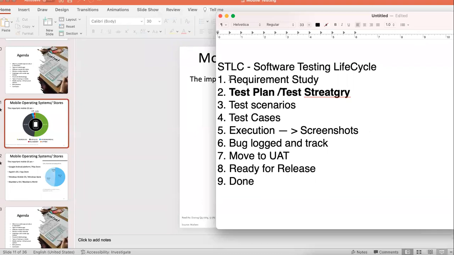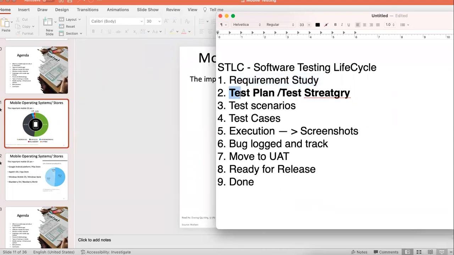So explaining all of these, right? Like requirement study, what will you do if you studied the requirements and you don't understand them? Then test planning, what are the things that you will include? What is even test strategy? Scenarios, what do you even cover? How will you even think about the scenarios? You're going to say, I'm going to think like an end user. I'm going to think like the user and come up with all possible combination scenarios. I'll also think like a developer. I'll also think like a QA. So that way I know that I have 100% coverage, right? And then I'll start writing my test cases. I will write them in a way that anybody can execute without having to go back to any of these